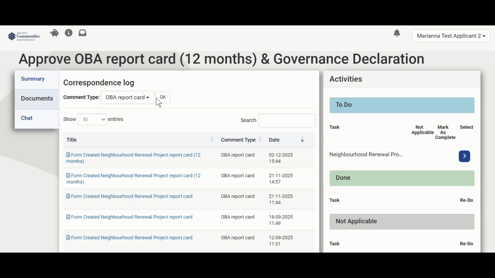It's important to note now that some sections of the 12-month OBA report card are not auto-populated. Section 11, leverage funding, and the 6-month OBA report card will be used to copy and paste data to the 12-month OBA report card. So now let's look at our activities. To agree the outcome framework and performance measures, I click the blue arrow next to the Neighborhood Renewal Project Report card, 12 months,